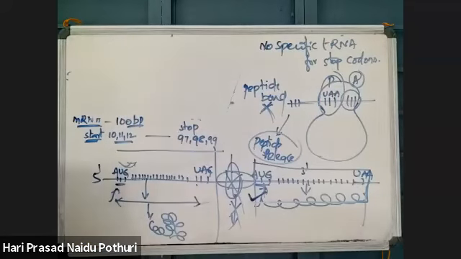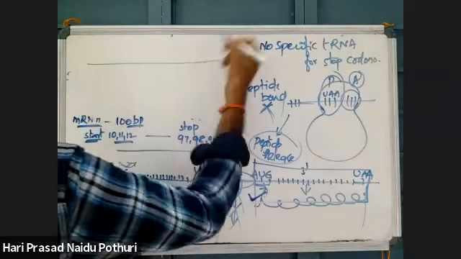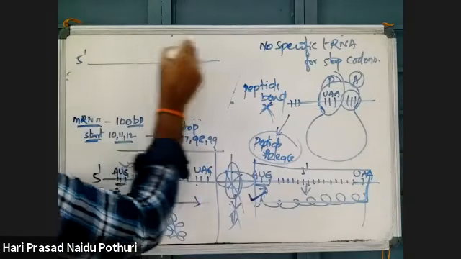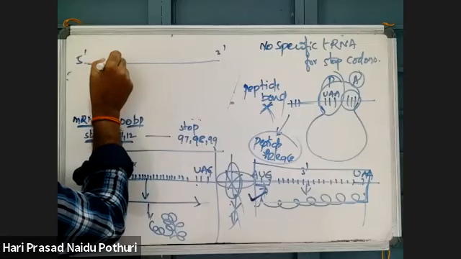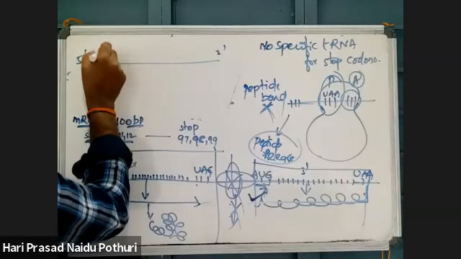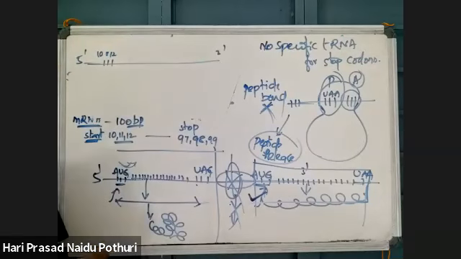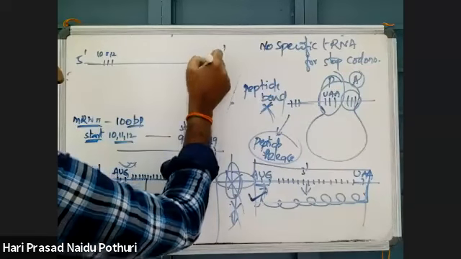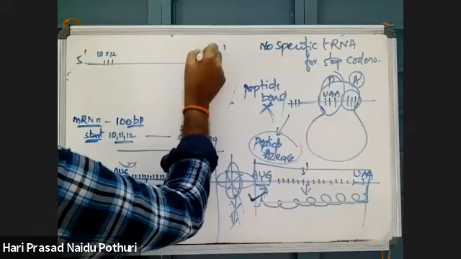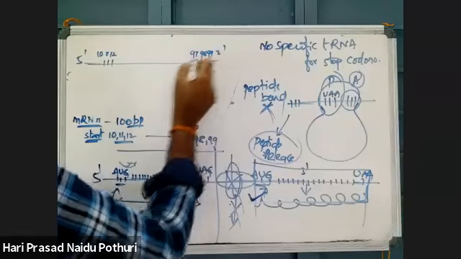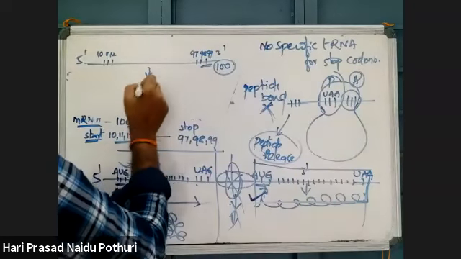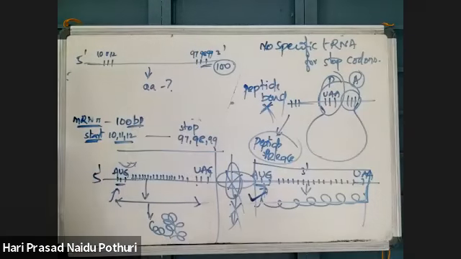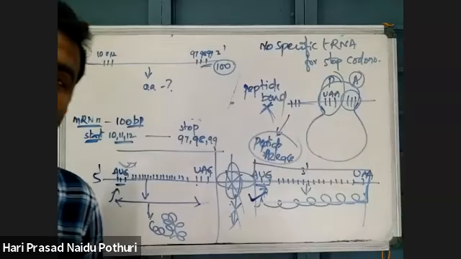I think you understood this diagram. An mRNA is there in 5' to 3' direction, and on this mRNA the start codon is made up of the 10th, 11th and 12th nucleotides, and the stop codon is located at the 97th, 98th and 99th nucleotides. Total 100 nucleotides are there. Then how many amino acids will be present in the synthesizing peptide? Anyone? How many amino acids will be there?